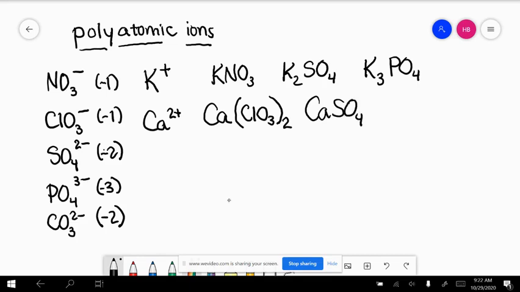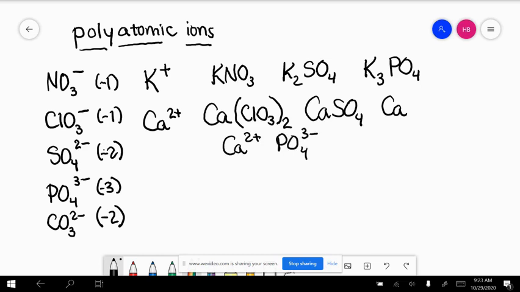So a +2 cation would go 1 to 1 with a -2 anion. Now, calcium with +2, I know that I have calcium at +2. Let's write it here so we can keep track of it. And phosphate